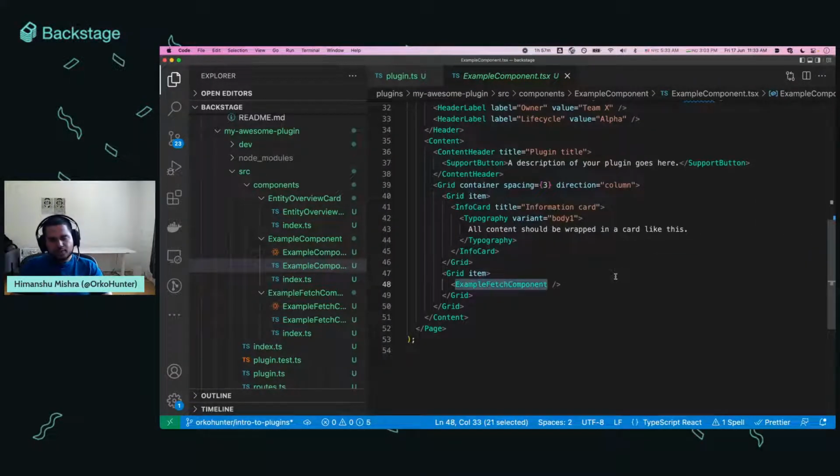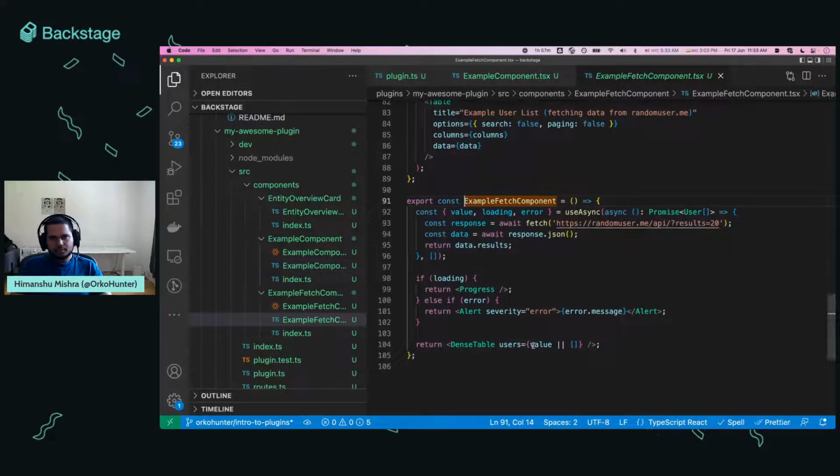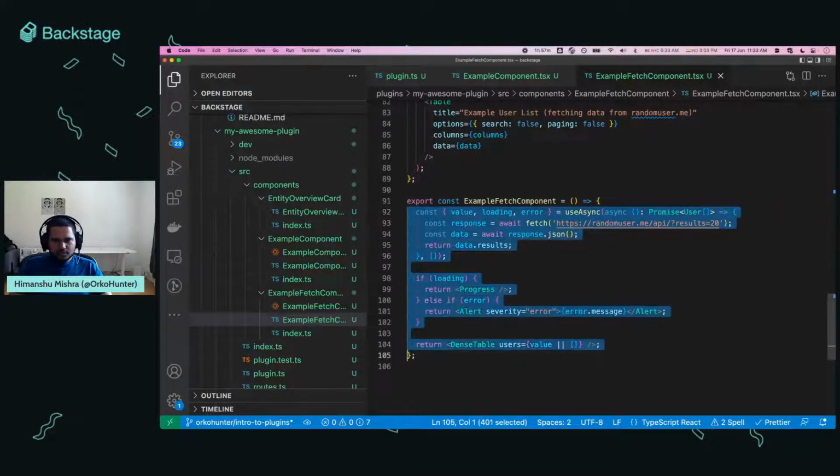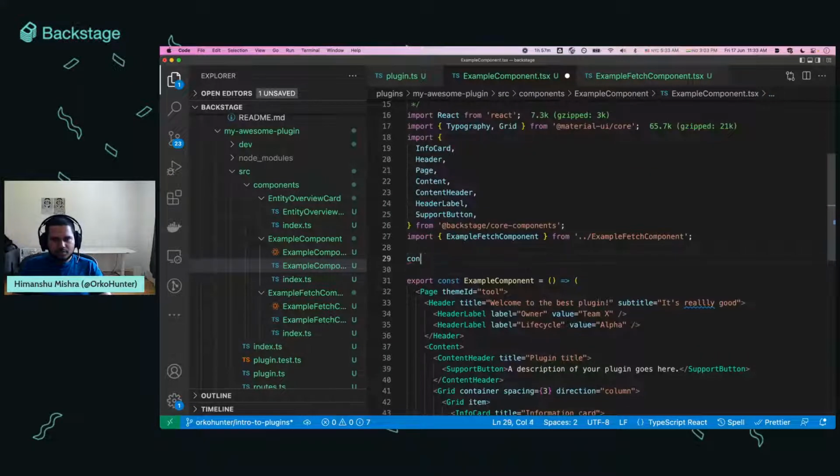As of now, I've just added an example fetch component, but this is where I'll call the GitHub endpoint, basically. So why don't we use this and create a new component called sample GitHub proxy component,